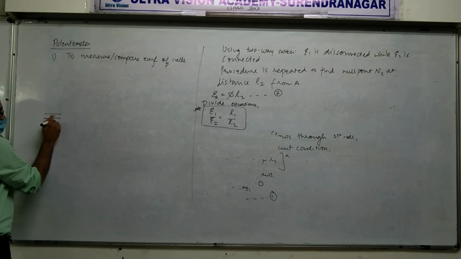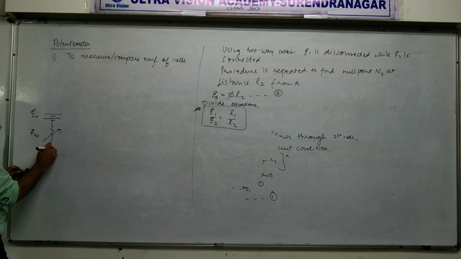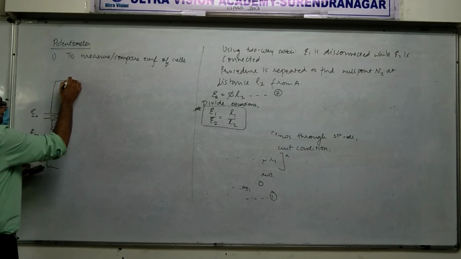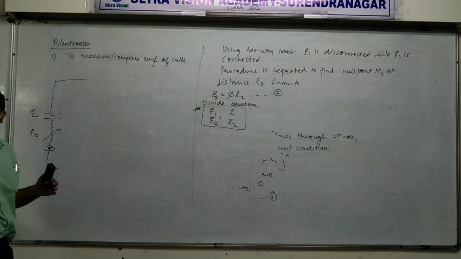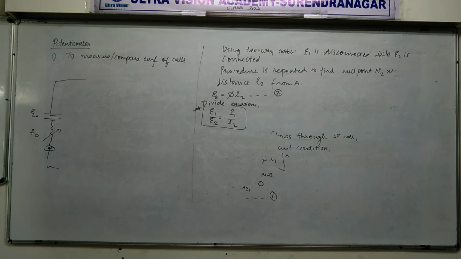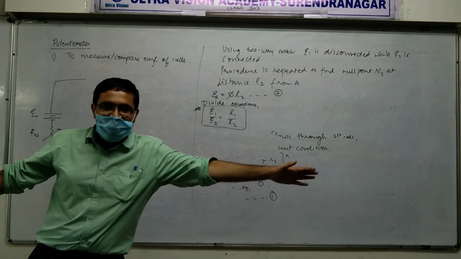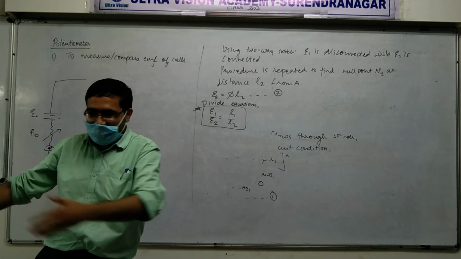First of all, there is a cell, a variable resistance epsilon 0. In the book you can write it simply; no need to remember. But here, the potentiometer wire can be, or typically is, 4 meters long. Typically it is 4 meters long. If kept straight, it would be as big as a room.